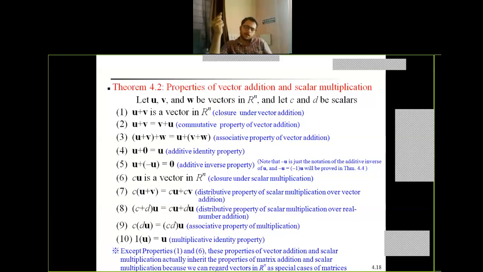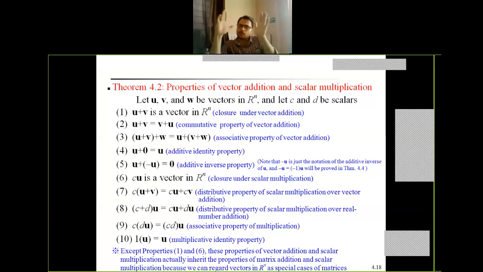Okay, and according to the vector addition that we have seen, if one vector is added to the second vector, then the tail of the second vector we put on the head of the first vector, and then using parallelogram law or different laws, we find out the resultant vector. That is the vector addition basically.